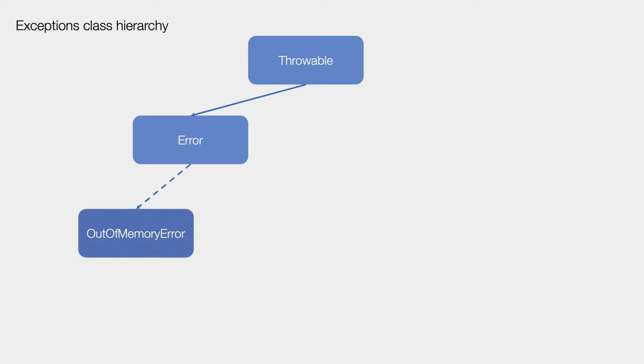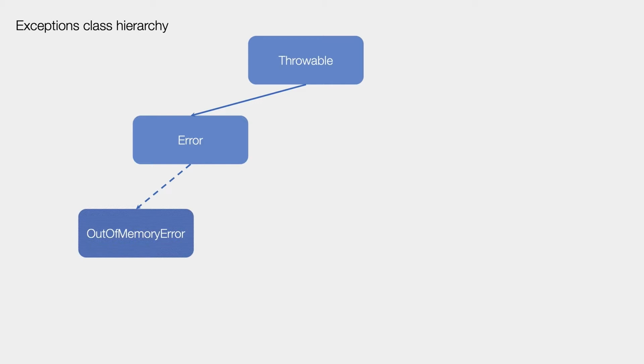From the Throwable class, there are two classes which derive directly. The first one is the Error class, which is the base class for most of the errors that may be triggered in an application. For example, OutOfMemoryError. This exception will be triggered when our application consumes more memory than it has configured. And when this happens, the JVM will crash directly. And of course, that's just an example. We may have AssertionError, we may have VirtualMachineError, and other error classes, right?